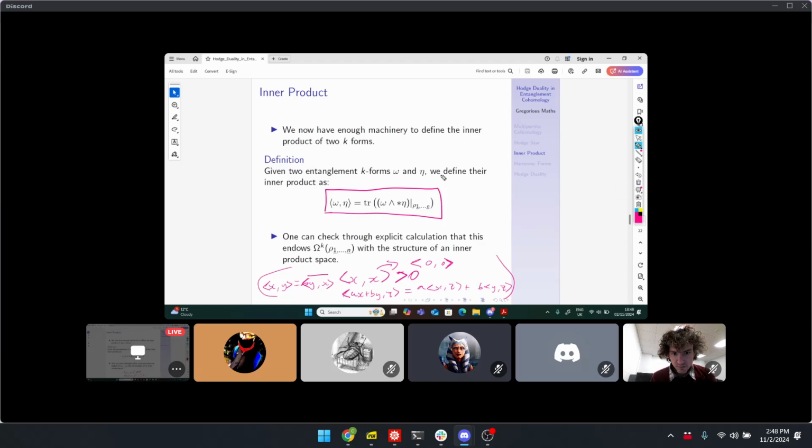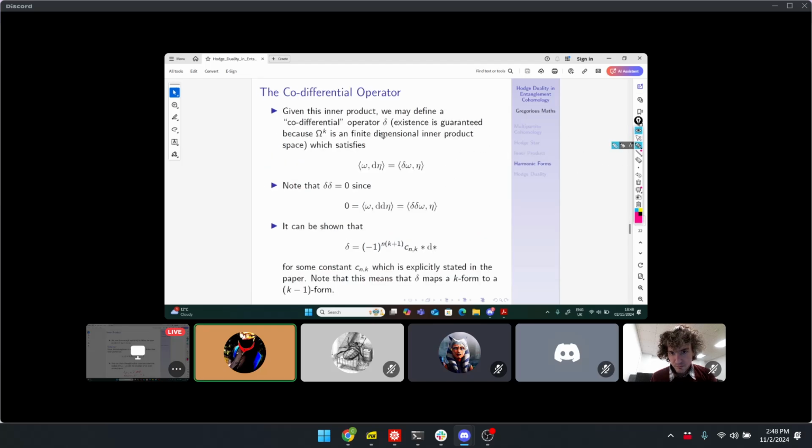That's what we wanted basically. And now we can really get moving with our proof of this symmetry. So the first order of business is defining what this delta is. Because we now have a finite dimensional inner product space structure on our K-forms,